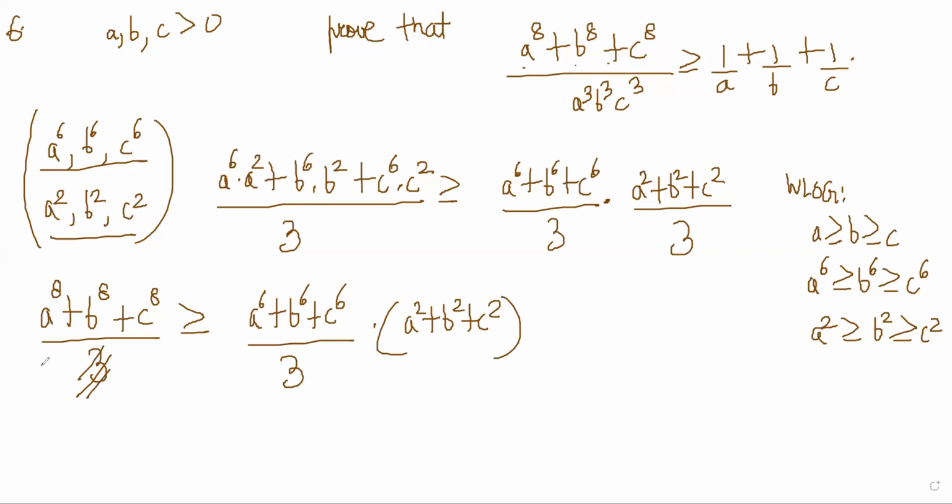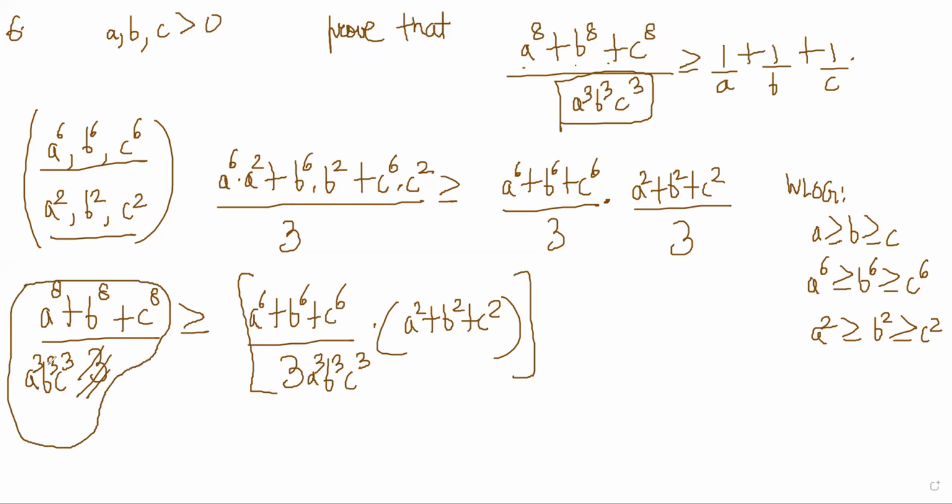So I have this by Chebyshev so far, but I need it by A cube, B cube, C cube. So I'll divide by A cube, B cube, C cube here. So there will be A cube, B cube, C cube here as well, right? Okay. So now think about it. We know this is true. We have the LHS that we need in the inequality that we have to prove. LHS is already sorted. So we need to worry about this part. So what can we do here?